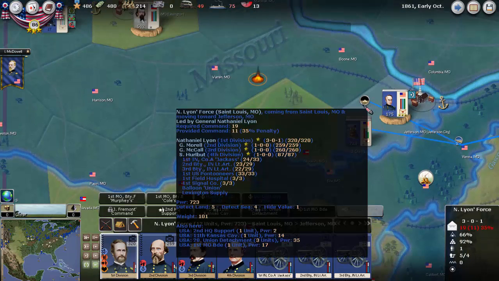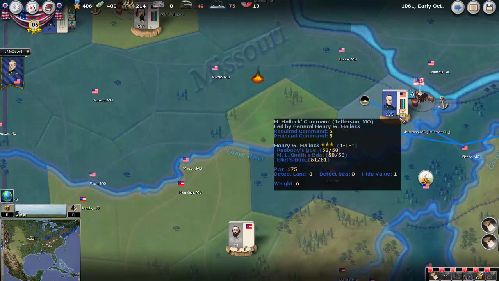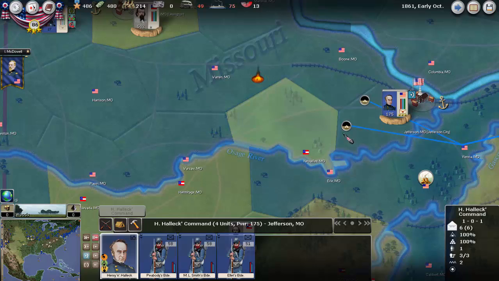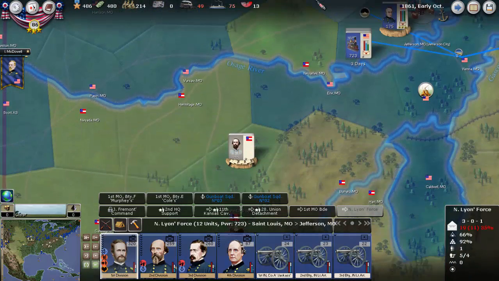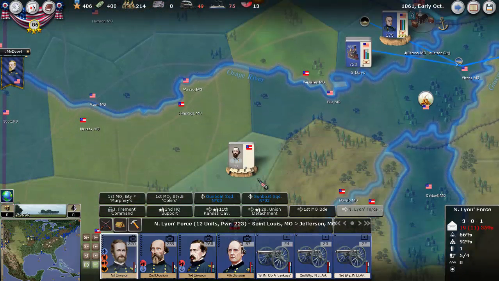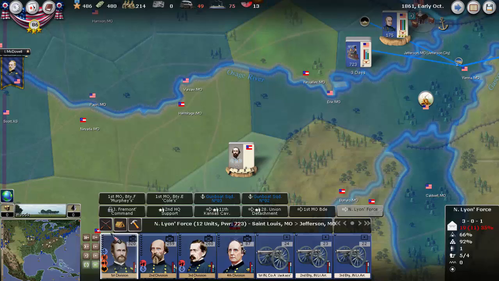and also send some forces here to meet Halleck. I'll basically probably need to leave a small division here. Once Lyon gets here, I can basically follow Shelby or try to go threaten Springfield again. But now, as you can see, there's a rather large force